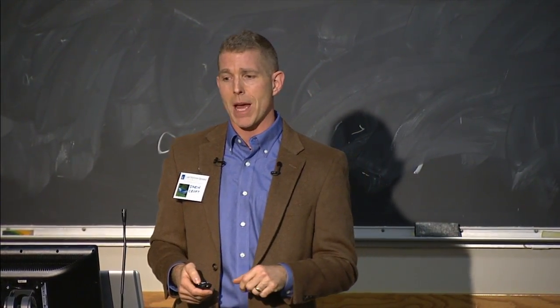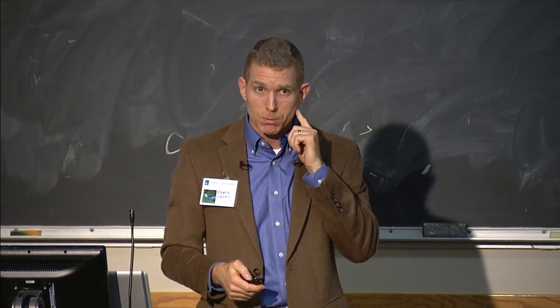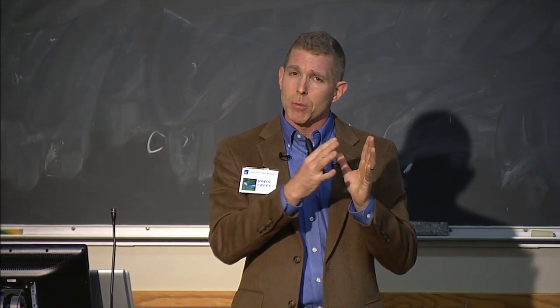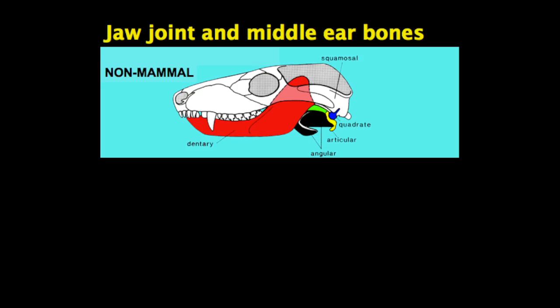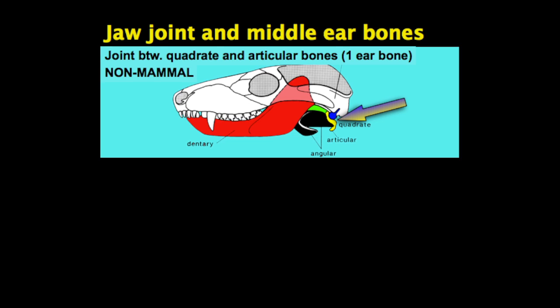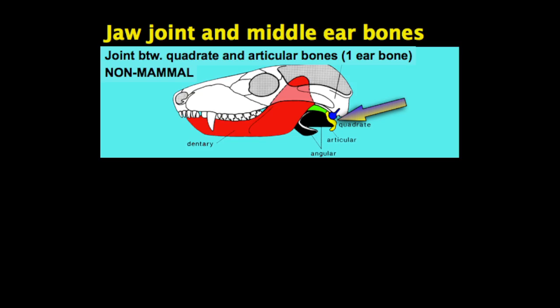And there's one really important characteristic that most people have recognized as a really good way to recognize a mammal, and that has to do with the jaw joint and the middle ear bones. This is a diagram of a non-mammal, an animal that's extinct, that's closely related to the origin of mammals, and its jaw bones are colored in there. There are several jaw bones pictured. There's one with teeth in red and a variety behind them. You don't have to worry about all the details. The important point is that the jaw joint sits right there between the blue and the yellow bone, which are the quadrate and the articular.